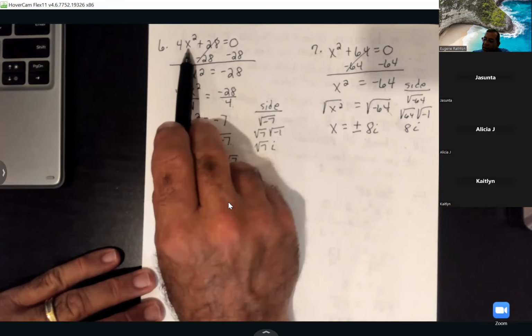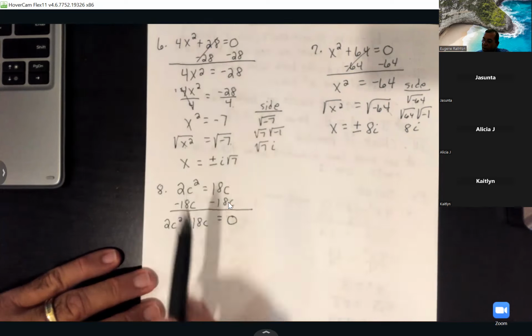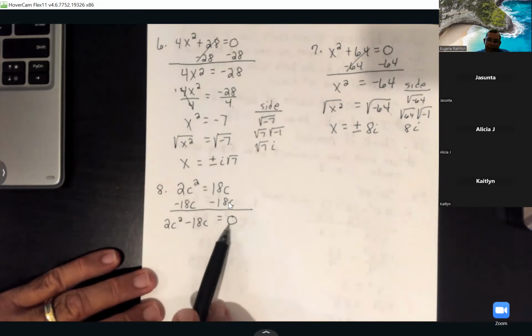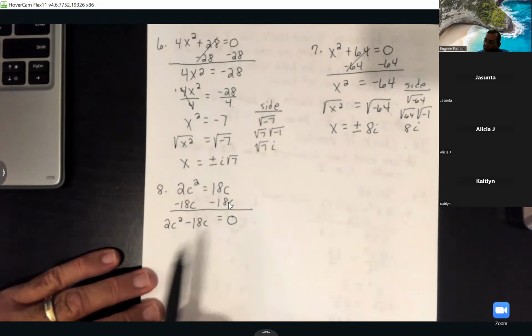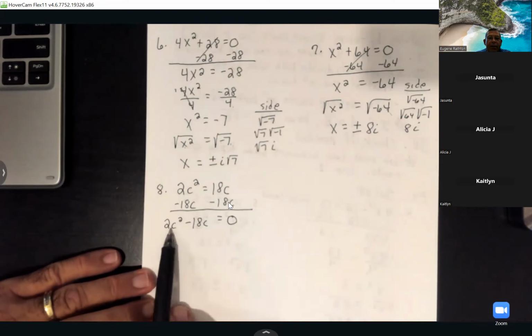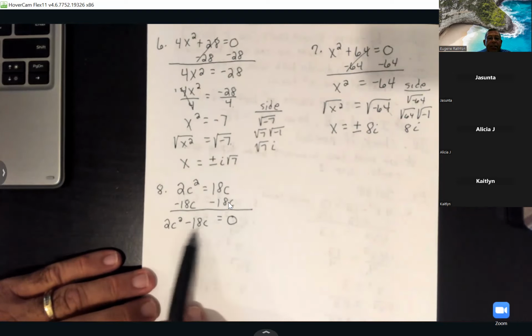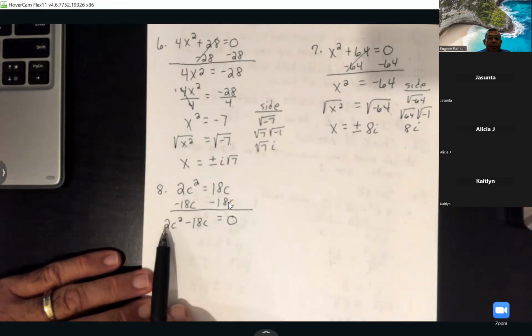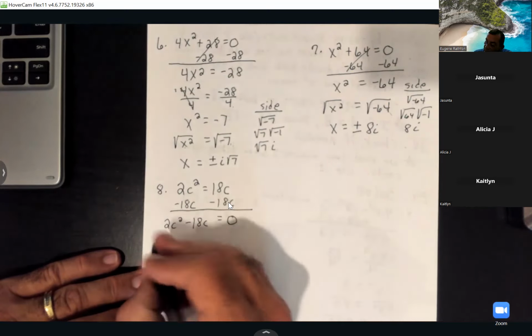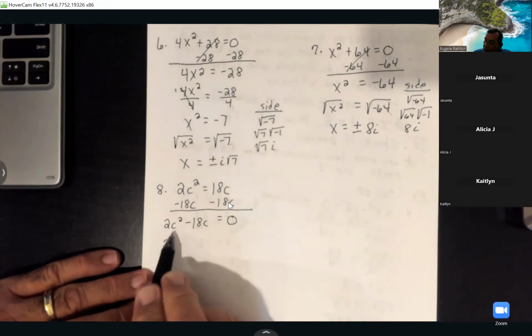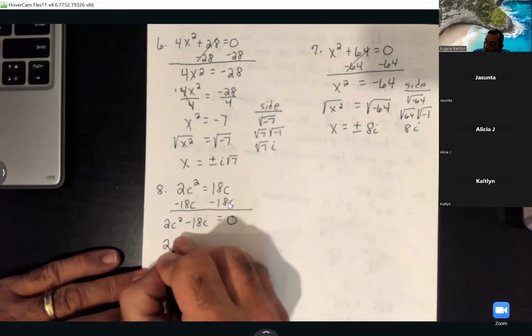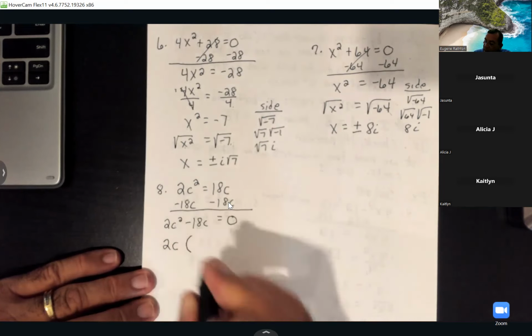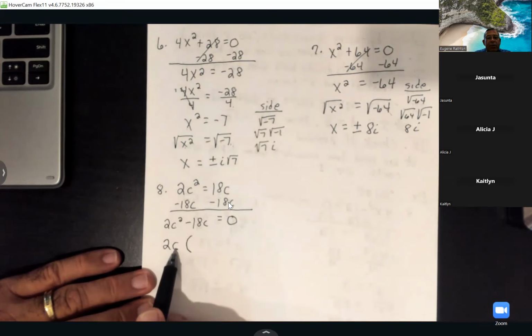So if you do not have an x squared term, you've got to get everything on one side equal to 0. Now on this one, remember the first thing we look for when we factor is a GCF. And this does have a GCF. Both of these numbers can divide by 2. And then both of them have at least one c in them. So you would factor out the 2c